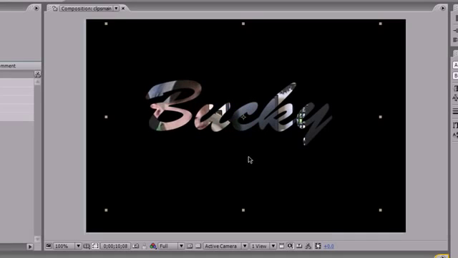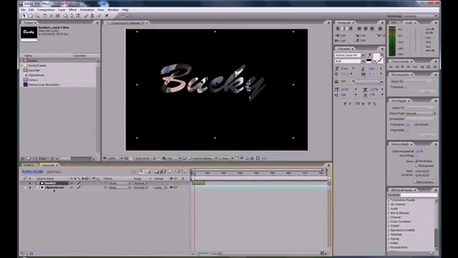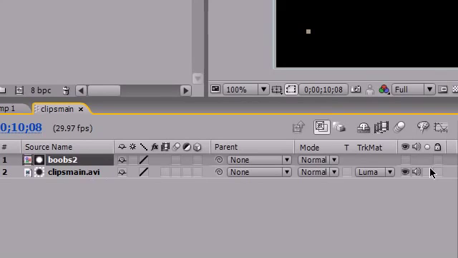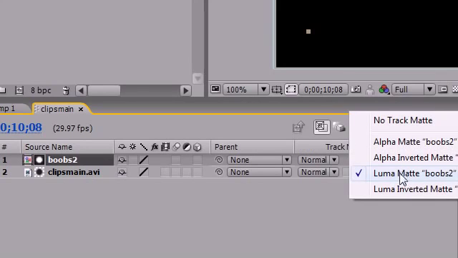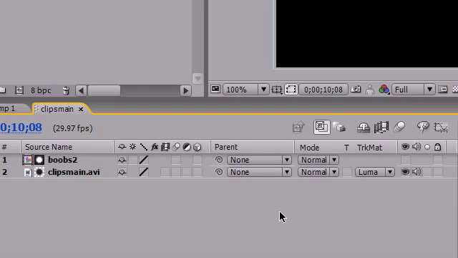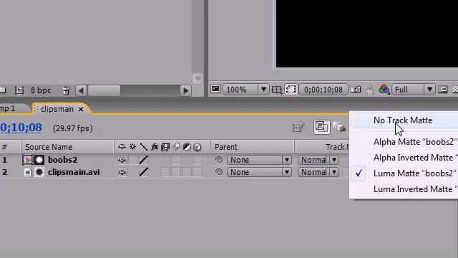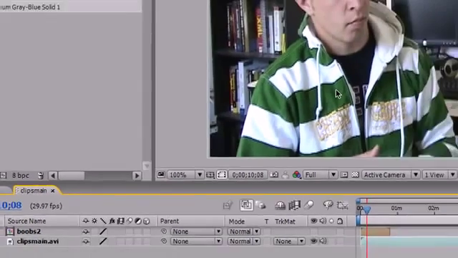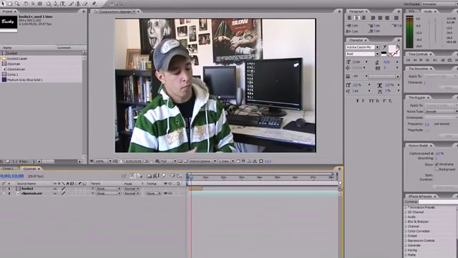And again, the keys you have to remember here is the matte has to go on top of the video file, and also this Luma matte has to be selected. If you don't have those two things, then it just isn't going to work. And again, if you want to turn that off, just go ahead and select no track matte and you're back to your normal video. So that is how you create a matte, and it's kind of different than a mask